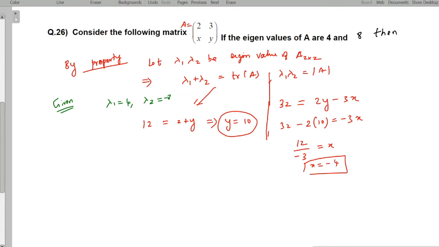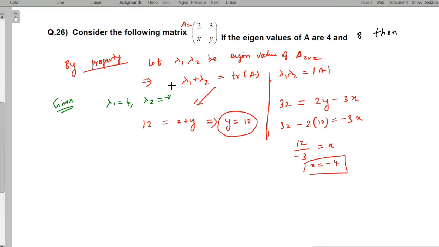Consider the following matrix: 2, 3, x and y. If the eigenvalues of A are 4 and 8, then what is x and y? The question. So by using the property, suppose you take lambda 1, lambda 2